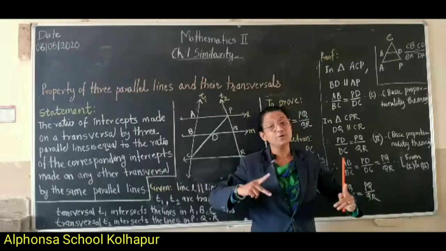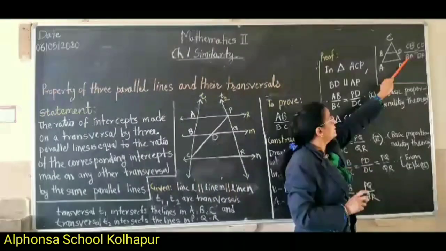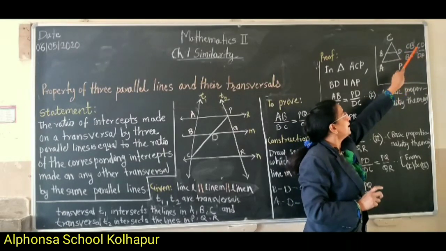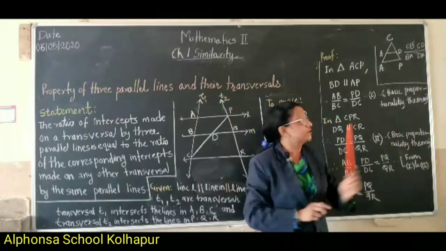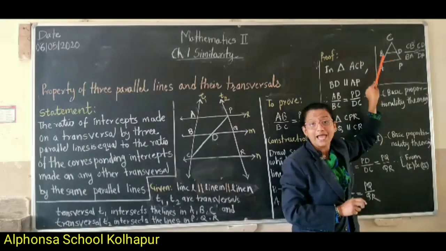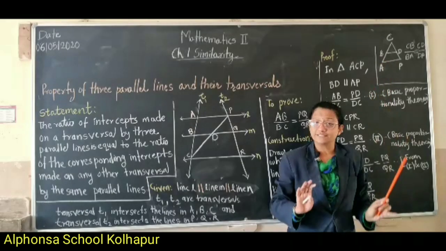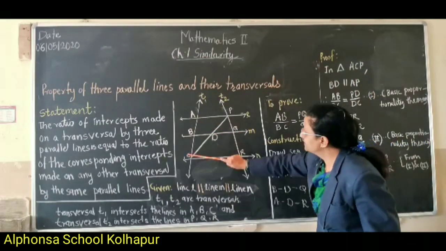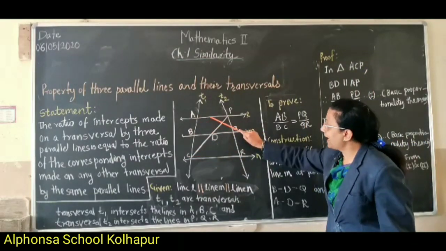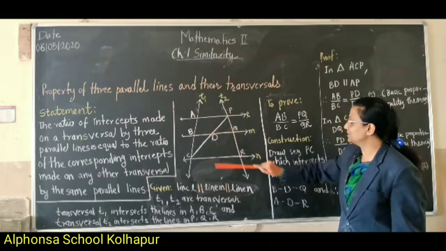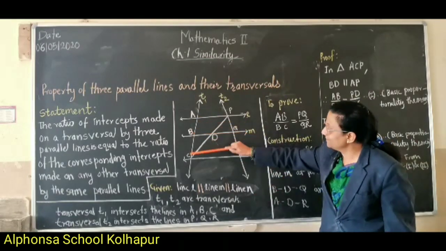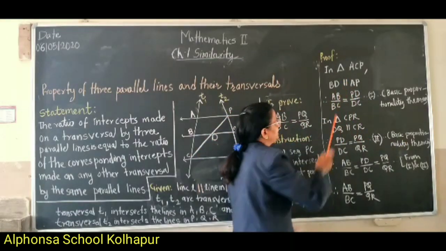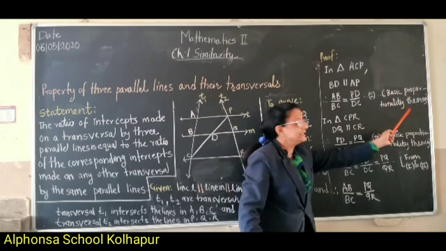Now if we take reciprocals of both the sides, what will happen? We will get BA upon CB is equal to DP upon CD. Do you understand? So actually there is no need to draw this diagram. This I have written for your understanding purpose. So see, in triangle CPA, the same triangle, as these two segments are parallel to each other, we can write AB upon BC is equal to PD upon DC. The same statement I have written by using the basic proportionality theorem.